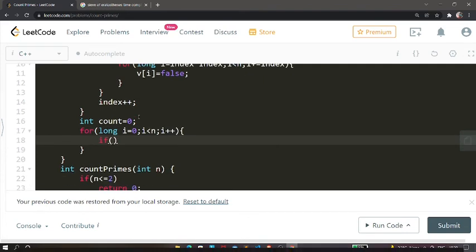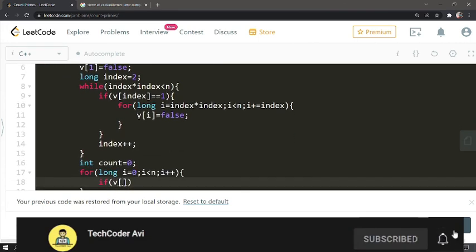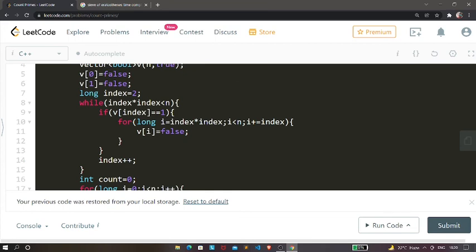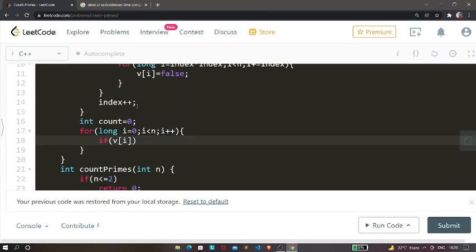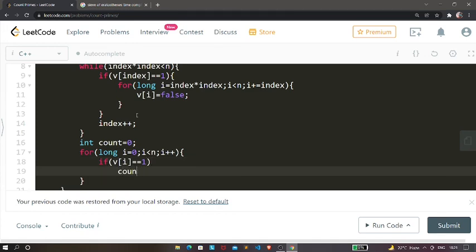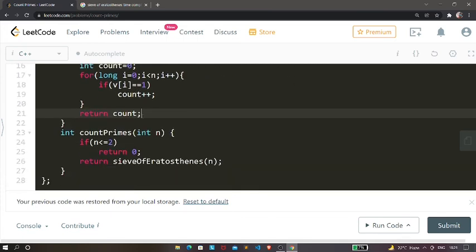If our v of i, or you can also name it as prime, is equal to 1, that means it is prime, then we're going to increment count, and then just return count.